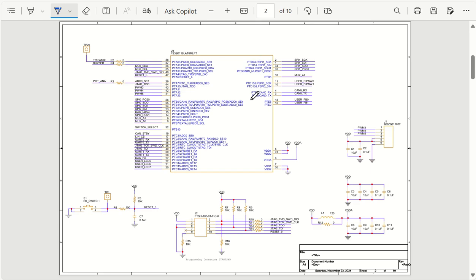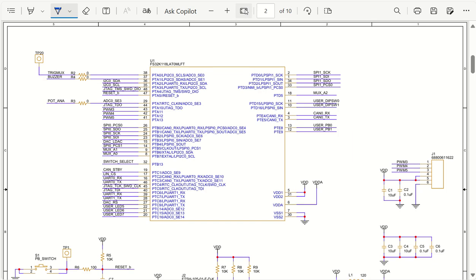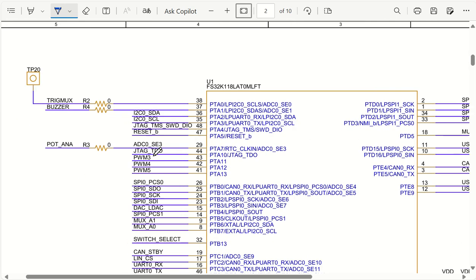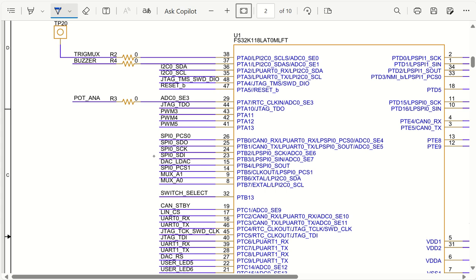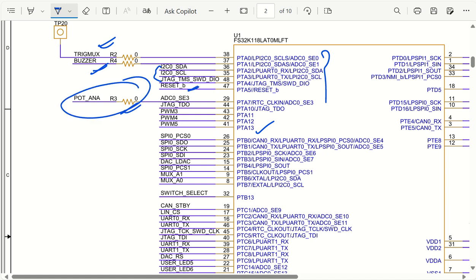So let's start. What is happening here is, we have the microcontroller nicely arranged, properly port by port. Okay. So we have PH0 to PH13. Okay. So I have the first pin as trigger mux. It is just used as a test point, so it can be used for triggering some other external circuit or something like that. One PWM signal has been used to drive the buzzer, and then we have I2C pins. We have a reset pin. Then we have ADC for the potentiometer. Then we have